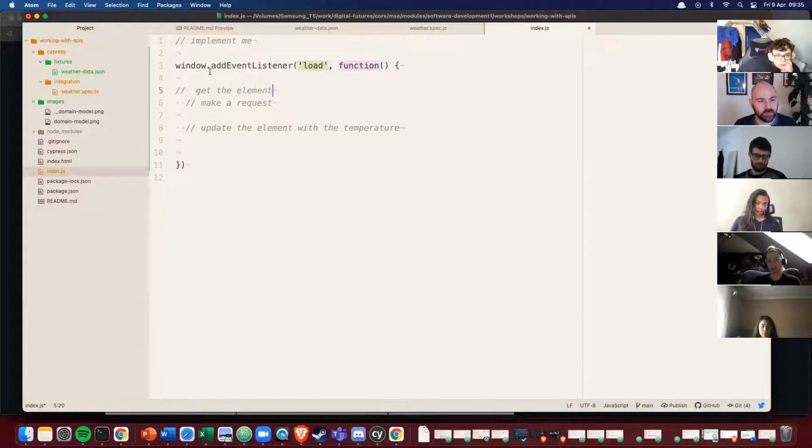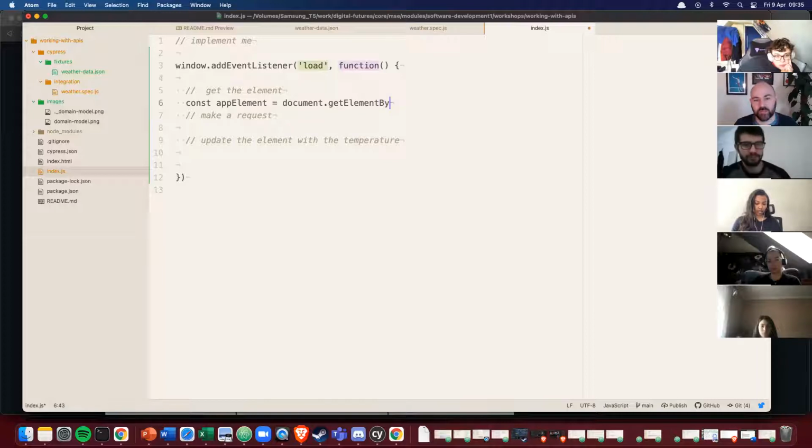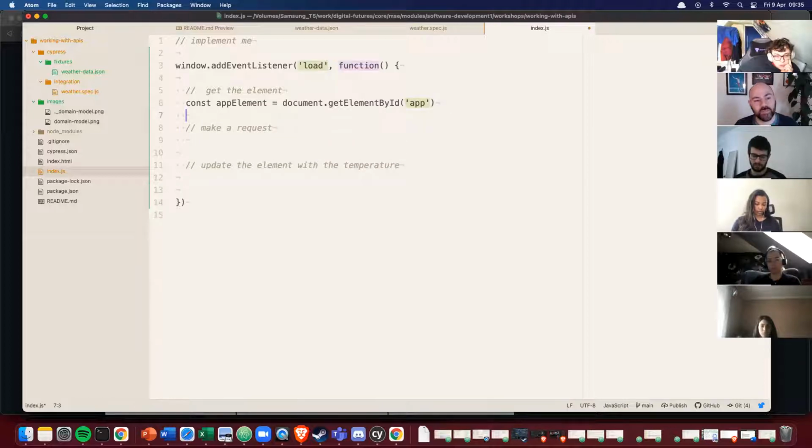Get the element. Anything else I need to do? Probably, but let's start there. Get the element, const appElement is equal to document.getElementById('app'). And then I want to make a request. Let's do something like get, and then